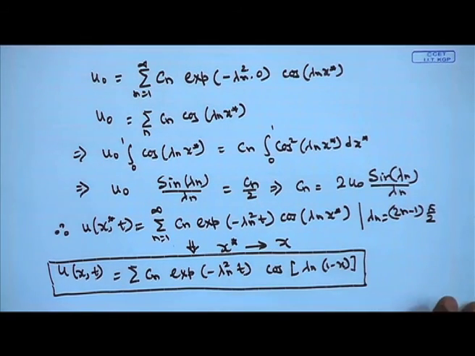So, that will be giving you the complete solution. Similarly, if we have the standard third kind of problem, where the boundary condition at x equal to 0 is Dirichlet and the boundary condition at x equal to 1 is Robin mixed, and the boundary condition is now reversed, that is, Robin mixed at x equal to 0 and Dirichlet at x equal to 1, then we will have a transformation of the coordinate system by defining x star equal to 1 minus x, and then it will be recast in a standard form of second kind or third kind, and we will get the solution in terms of the standard solution